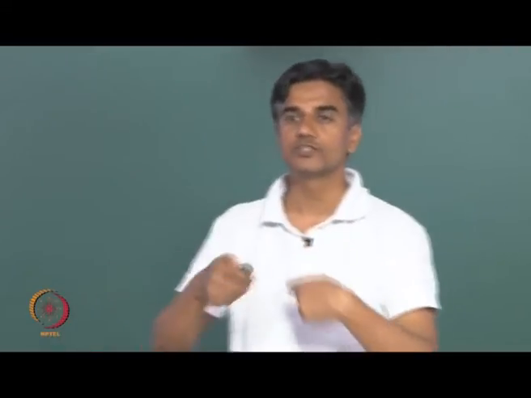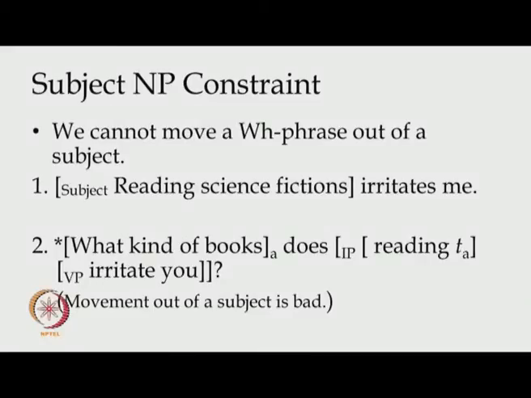And if you want to use this tool to show someone that reading science fiction is one NP, we can use this diagnostic tool of WH question to show that this whole thing is one NP. You can question the whole NP with what. Get the point? So in a variety of ways, these tools are designed and used in natural languages to talk about different points. So the generalization is that movement out of a subject is bad and results in ungrammaticality. Just one more point before we stop.